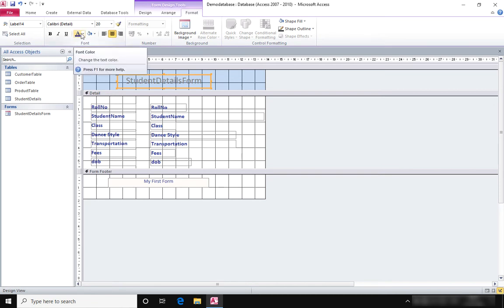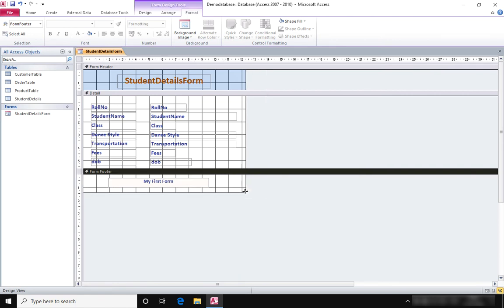So let's have, okay, then make it bold. Similarly, let's make the footer area also bold. If you want, you can apply the background image also. You can use the fill color for the different shapes and all. So you can do a lot of designing and adjustment for your controls on the form and the actual form area. Now when you are done with the formatting, you can save the form by clicking on Save.